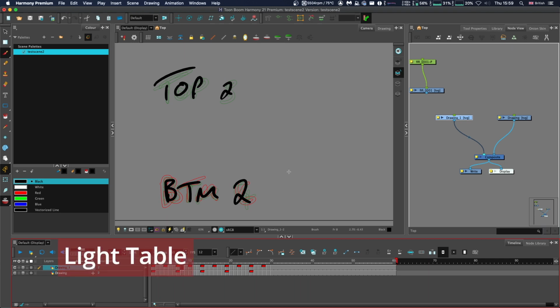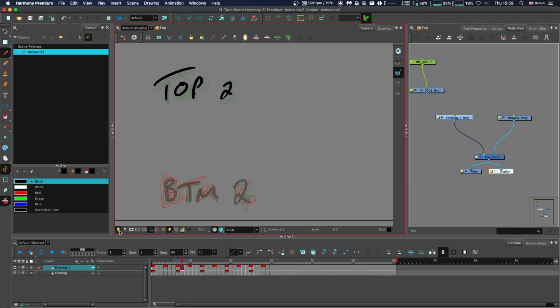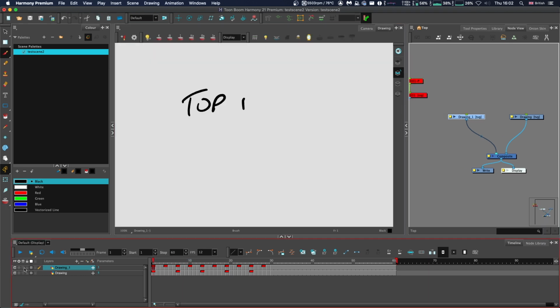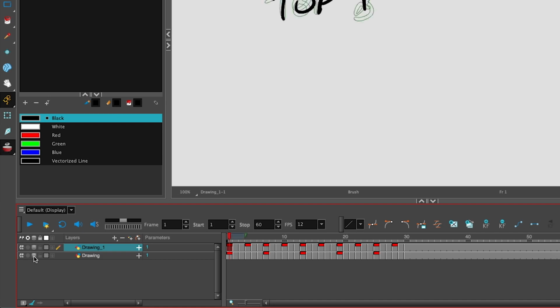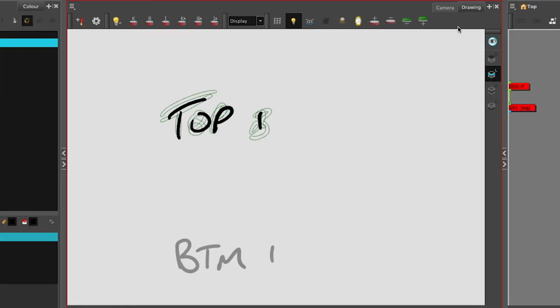Not the point of this tutorial, but a helpful button is this one in the bottom left called Light Table, to make other layers kind of transparent so you can focus on what you're drawing. Quite helpful. If you want to see other onion skin layers within the drawing view, you will first need to select the layers with the onion skin as before, then click the Show Light Table button, which is found within the drawing view toolbar. This option shows the other layers within the drawing view.